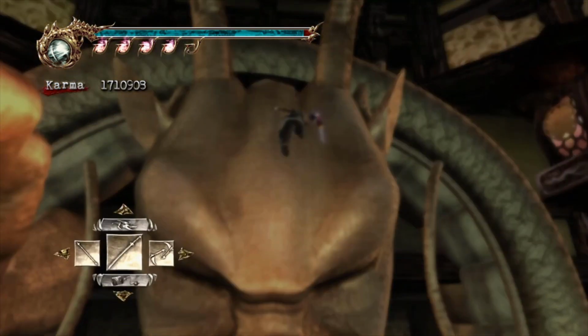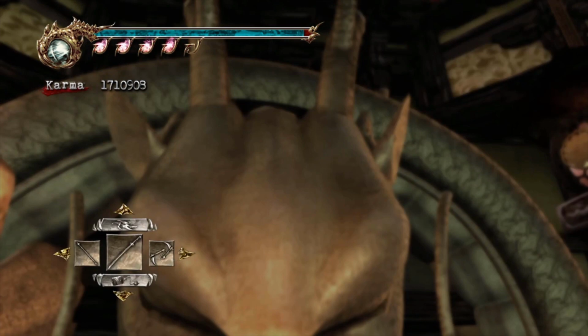And then what you do when you get up here is you keep opening your weapon menu and canceling with B until you don't see Ryu anymore. It's going to be pretty fast, so I'll have to slow it down. So right now, you can't see Ryu. So if you pick a weapon,